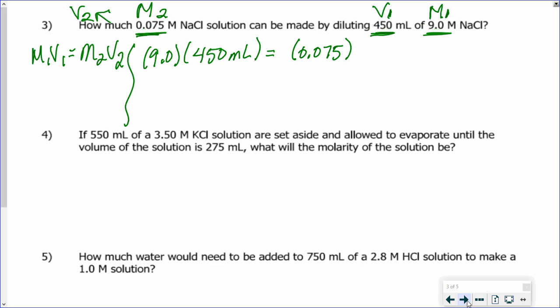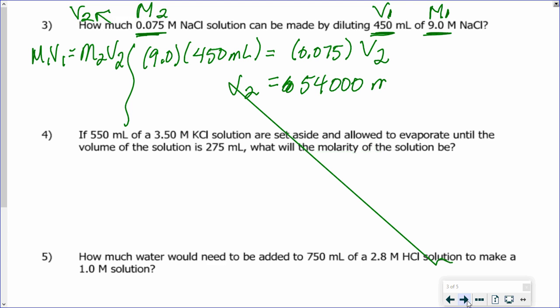Okay. And I'm going to be looking for V2. So simple algebra, divide both sides by 0.075, and I have no idea why it did that line, but we're just going to have to leave it there for a little bit. All right, 9 times 450, divide that by 0.075, okay, and I got 54,000,